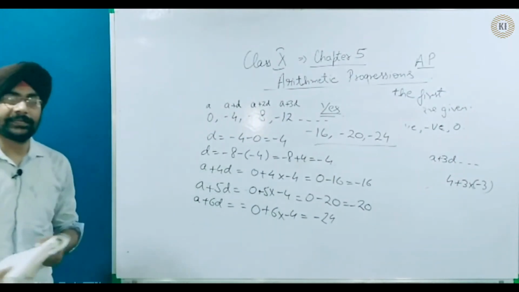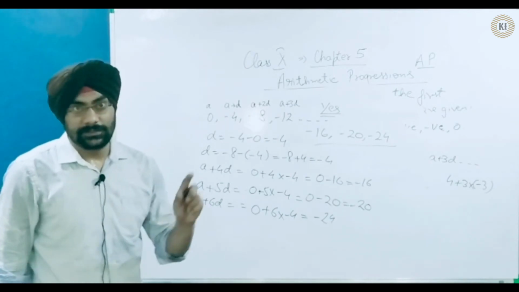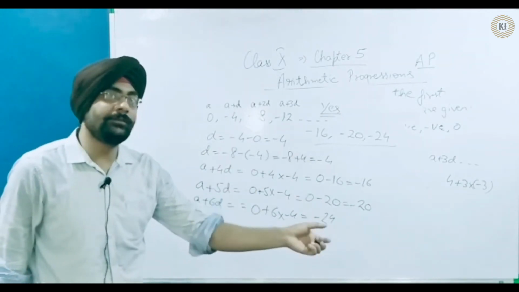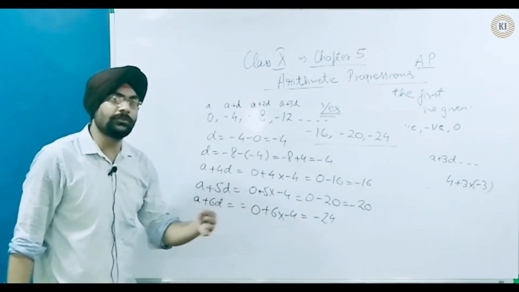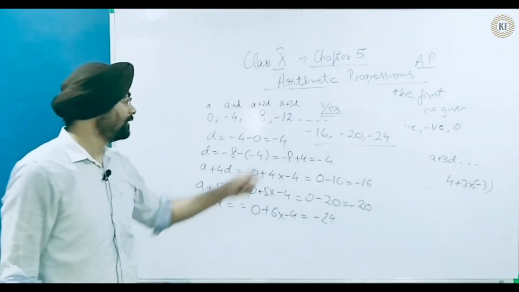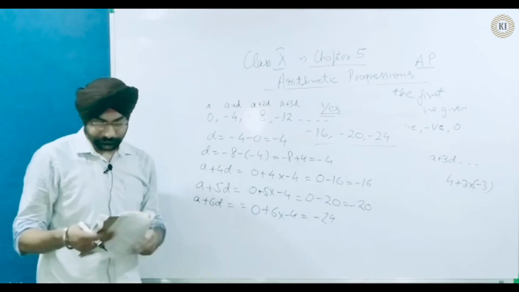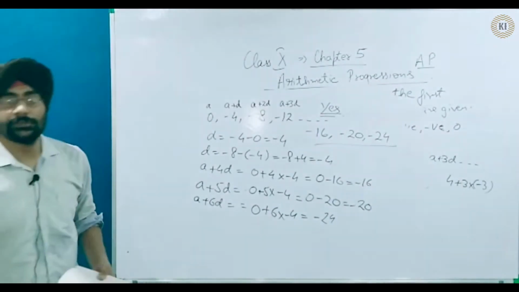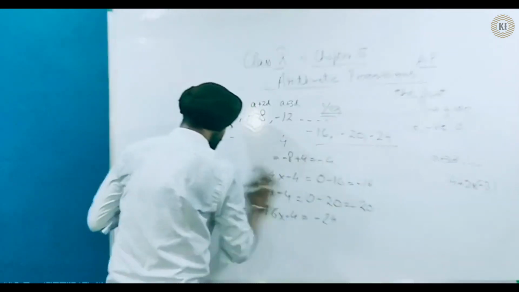So this is the second type of question which you will get in your examination, where you have to determine whether the series forms an AP, and if it forms an AP, you have to calculate the next three terms or next four terms, whatever has been asked in the question. So this is the process to determine and to calculate. Now see, some questions we are going to do on the basis of the formula of a plus n minus 1 into d.